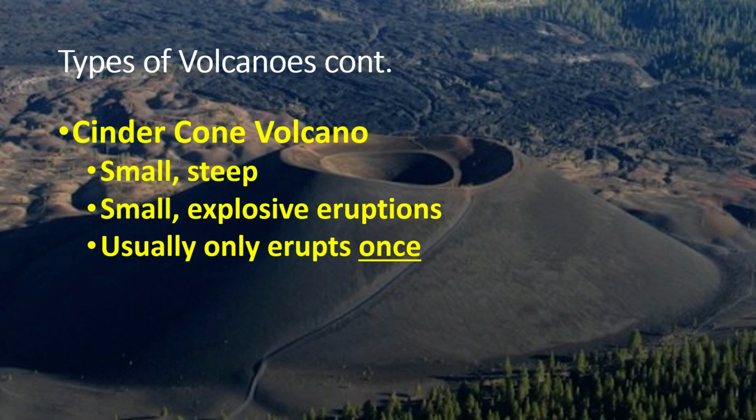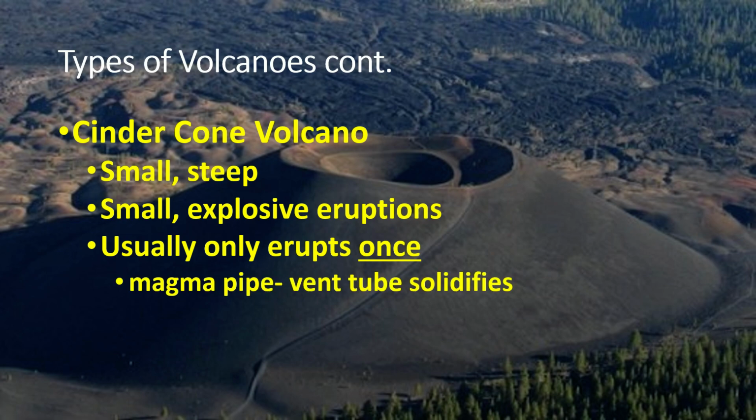Typically, a cinder cone volcano can only ever erupt once in its lifetime because they're just so small that they don't have enough magma to sustain multiple eruptions. So when it does erupt that one time, the magma will flow up through the vent and out through the crater and all that good stuff, but again, it doesn't have enough magma to support a very big eruption, so some of that magma gets stuck in the vent that's running through the center of that volcano,